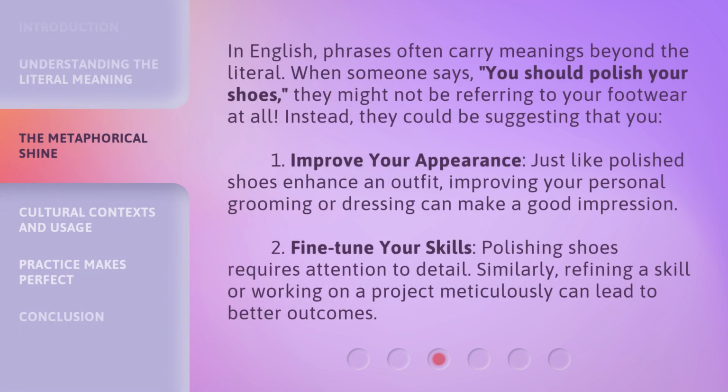In English, phrases often carry meanings beyond the literal. When someone says, "You should polish your shoes," they might not be referring to your footwear at all. Instead, they could be suggesting that you: